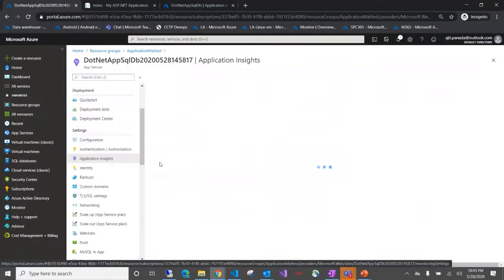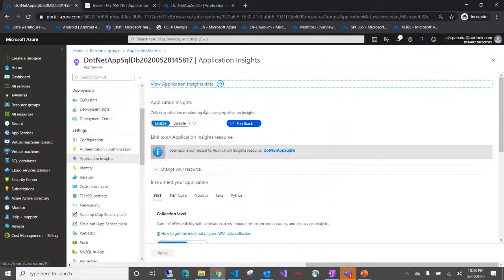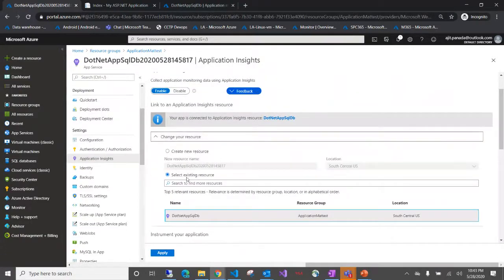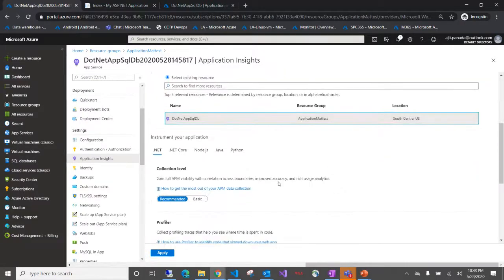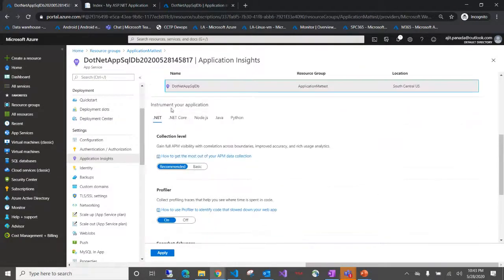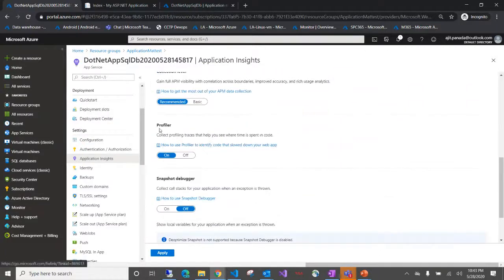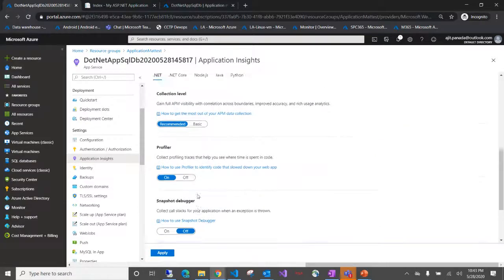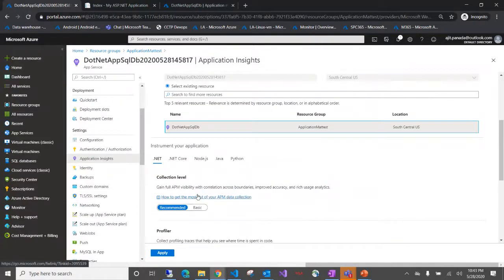Click on that. Since I have already set it up, you won't see that option, but you will see an option just like this. You can select an existing resource or create a new resource. Once it is properly mapped, all you need to do is go with the recommended settings, and then go for the apply option, and then Application Insights will be available to your application, and within 2 or 3 minutes this application is ready to be used.